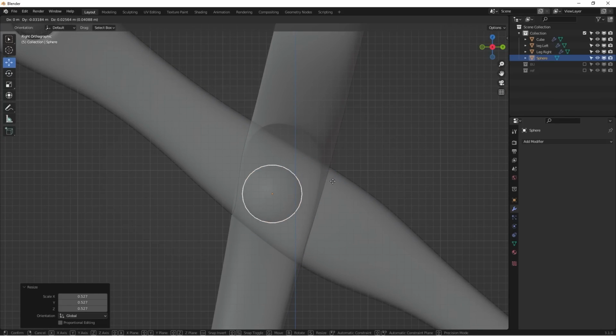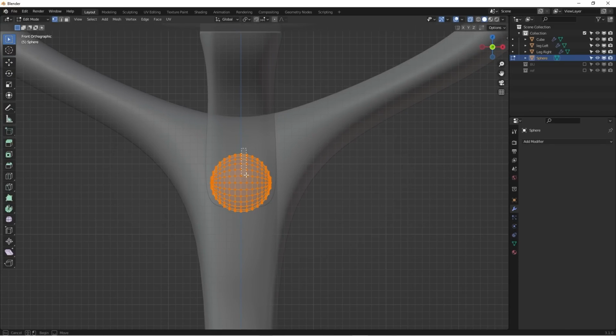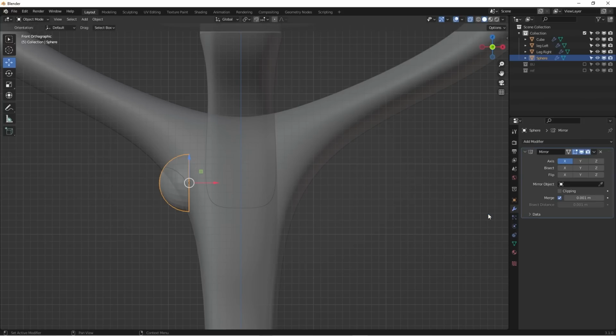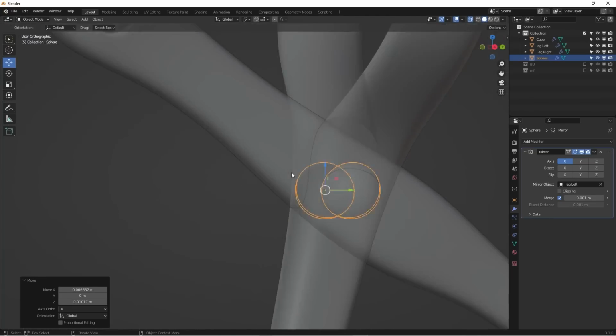S, come back in here, and then what I would do is select half of the faces in here, and hit X to delete the vertices, so we only have one. And then what we'll do here is move this one out in here and add a mirror modifier. Of course, I'm going to sample this bar as the mirror object, and then I'm going to hit R, select this one, hit R to rotate it a little bit,